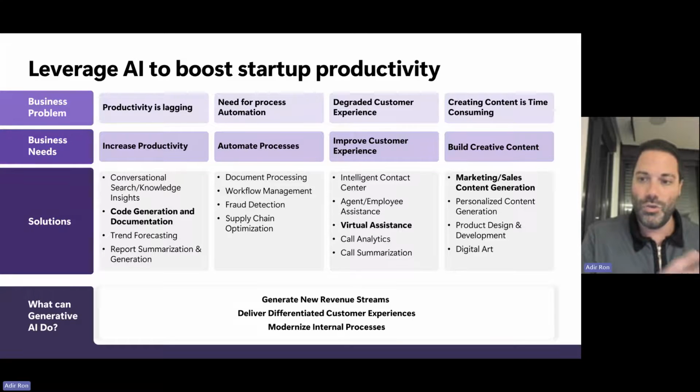So if you haven't started using GitHub Copilot, we'll see some examples. That's a really good place for you to explore what Copilot can do. Before we try and offer it to your customers, try to use it internally. Anything around automation, and I'm a strong believer in this in terms of boosting your productivity internally